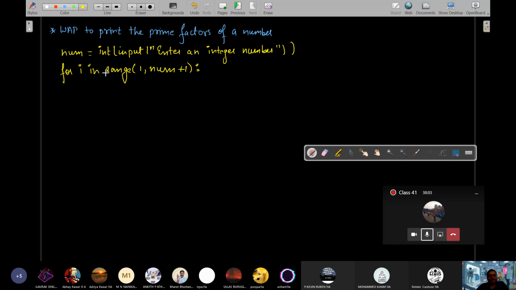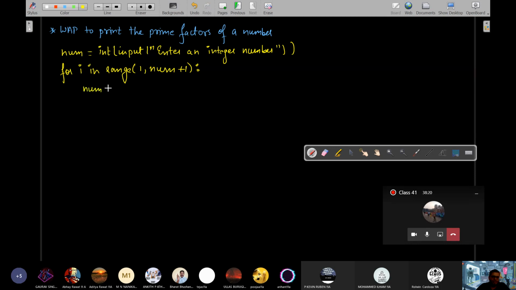Okay, so correct. We will be generating numbers from 1 to num, and we'll be checking whether each I divides the number or not. In the case of factors, this is how we do it, right?